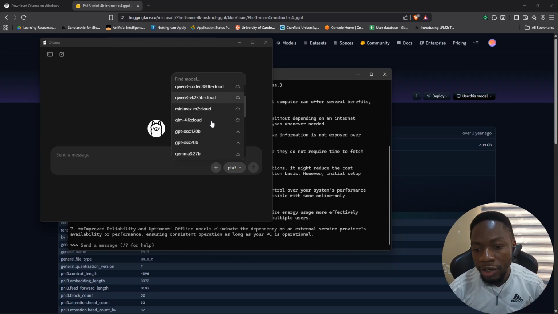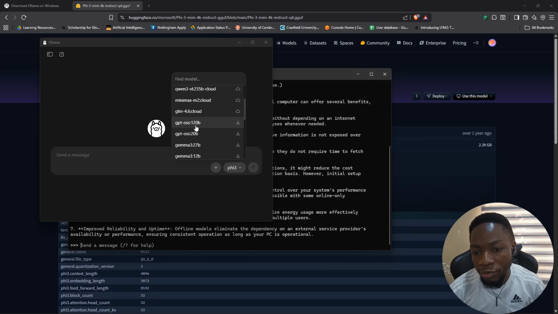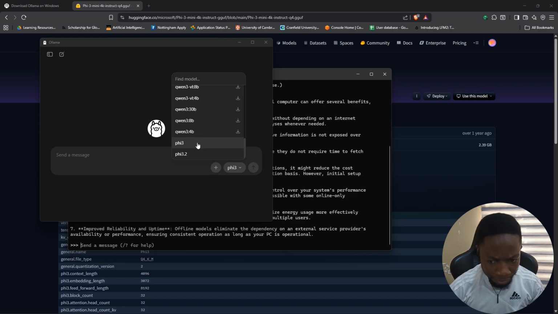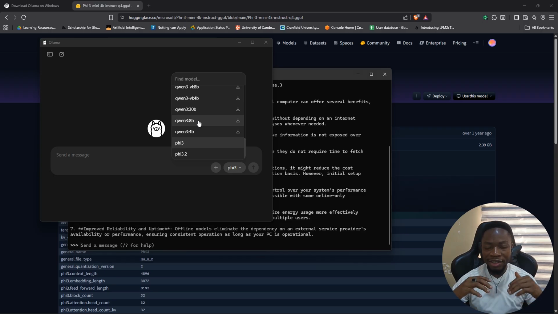But all these other ones, like the 120 billion parameter GPT OSS model, which was released sometime this year, and then you have Gemma, which is also a very capable model. You have DeepSeek, and then you have Qwen, the Qwen Vision language model, 8 billion parameter. You have 4 billion parameter. All of these models you can run on your PC